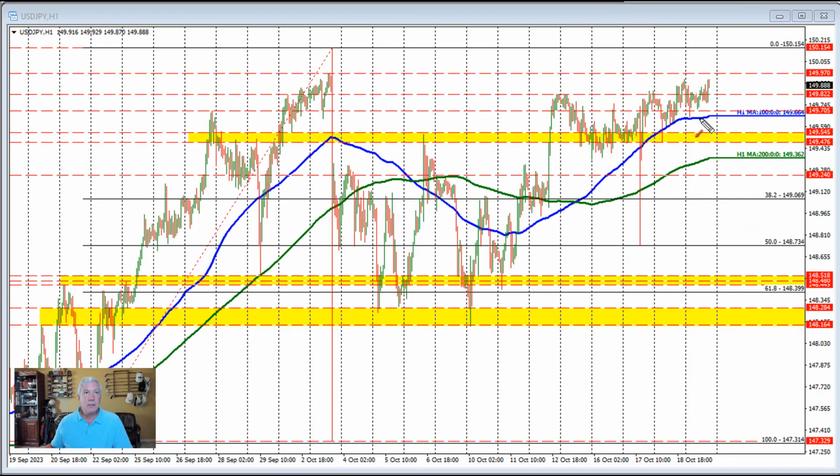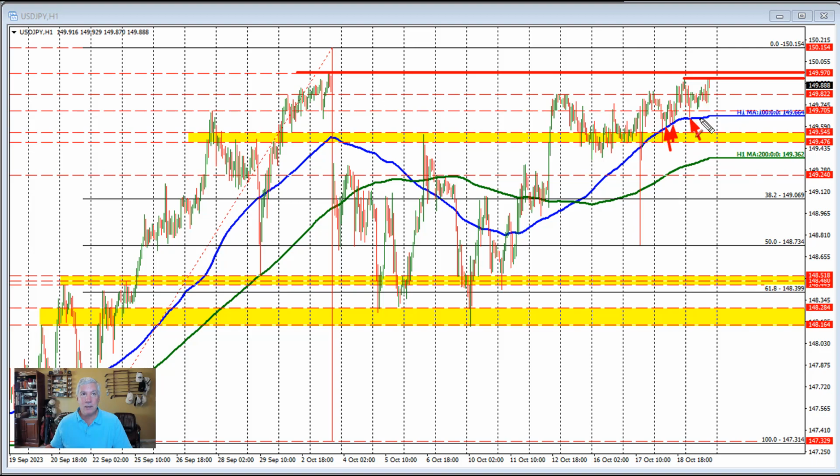The other interesting pair is the dollar versus yen, where we remain in a very narrow trading range. The high price stalling near the high price from yesterday, or toward the end of yesterday's trade. Also below the 150-ish type level, which is near these high prices. It came in at 97, just above that level. That 150 level remains a key target on the top side that gets people anxious. On the downside, it doesn't turn bearish until the price starts to move below the 100-hour moving average.